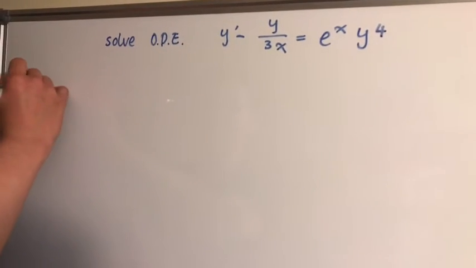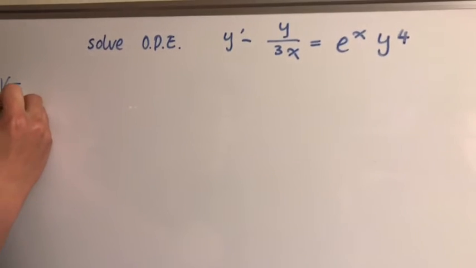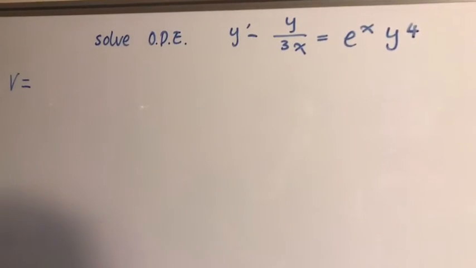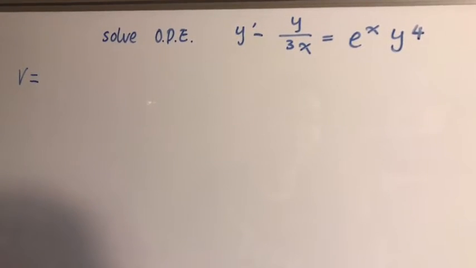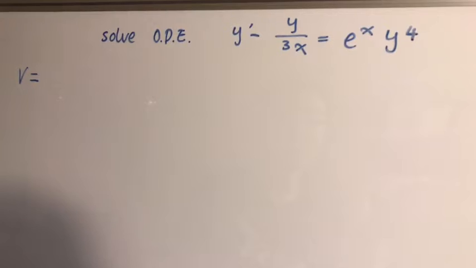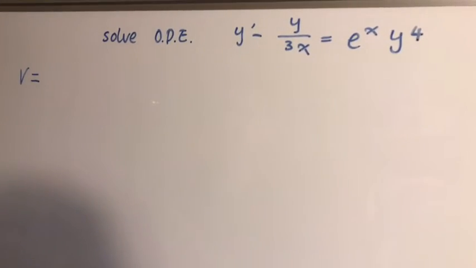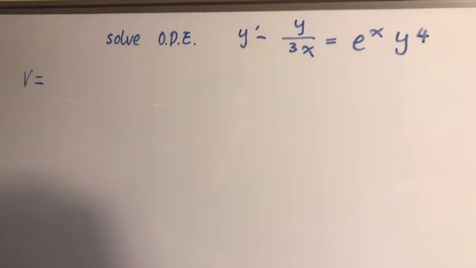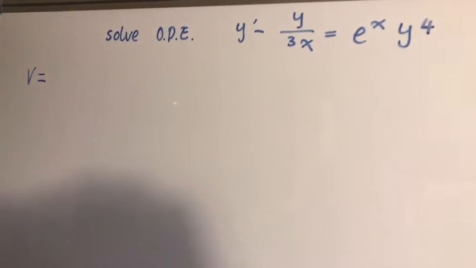So we need to substitute v equals something. We don't exactly know what to substitute because of the weird nature of this equation. So this is an interesting problem. It was proposed by Bernoulli in 1695 and is hence called the Bernoulli equation, but it was Leibniz who actually solved it. Okay, so how the Bernoulli equation is supposed to be solved is the substitution that should